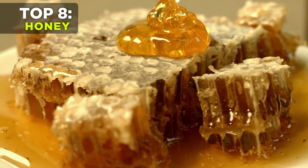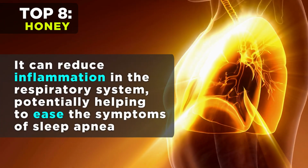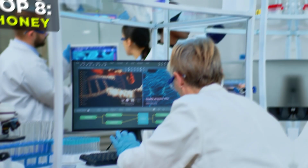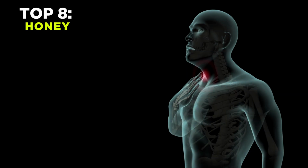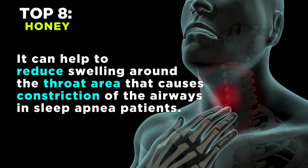Well, honey is known for its soothing properties. It can reduce inflammation in the respiratory system, potentially helping to ease the symptoms of sleep apnea. A study in the archives of medical research investigated the anti-inflammatory effects of honey. They found that it can help to reduce swelling around the throat area that causes constriction of the airways in